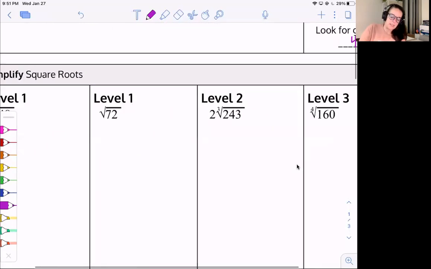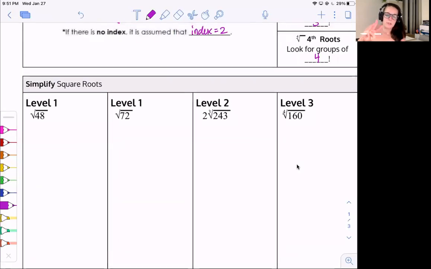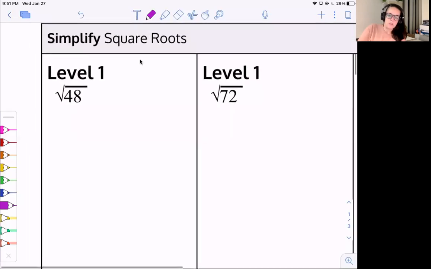So on today's assignment, you're going to see 3 levels. I'm going to go over one problem from each of them. We'll do 2 from level 1 here. So for